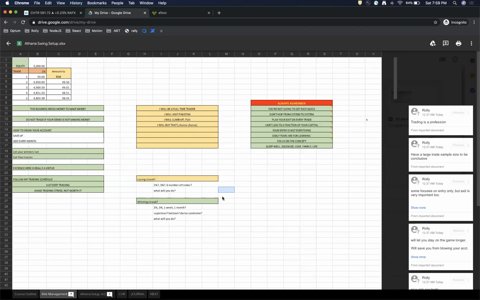Okay? And then ganun lang. Let your winners run, cut your losses short. Mga patience in here is really a virtue. Followed my trading schedule, just keep trading and avoid trading stress. Trading stress is not worth it, okay? So to be honest, I was in a very stressful trading days before, and I realized now that it's not